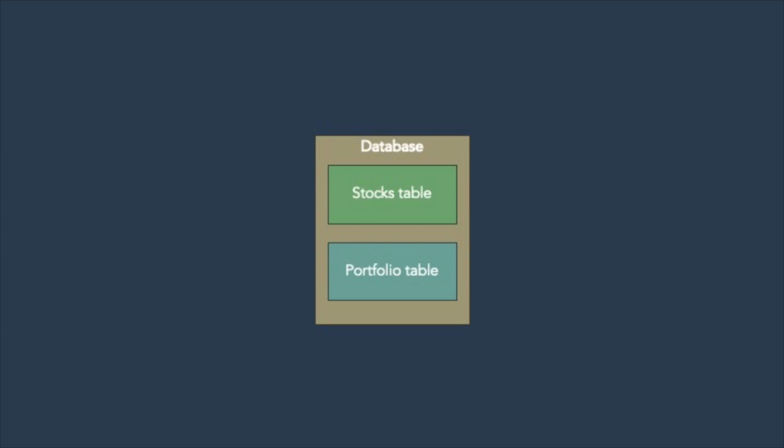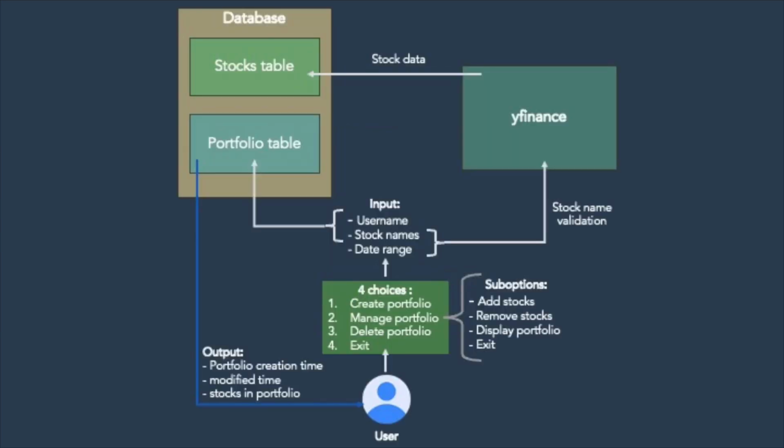We think one table for stock data is better than a separate table for each stock because one table is more efficient for queries, and there's no reason to split the table into multiple tables as the data columns for each stock are exactly the same. After we figured out the tables in the database, we also came up with the workflow